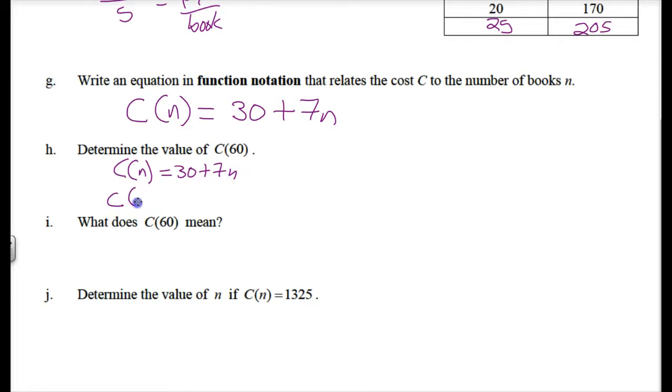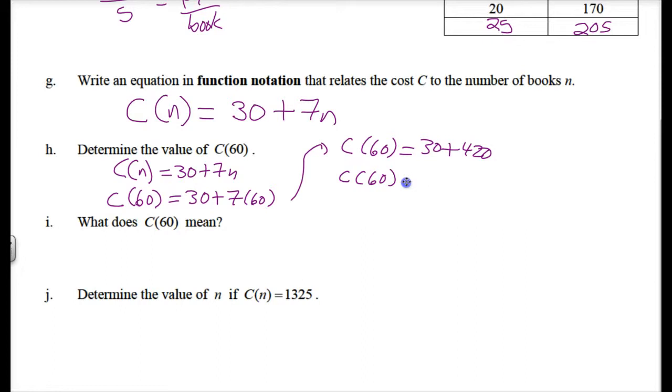It's a substitution, so wherever we see n, plus 7 times 60. Let's go over here: C of 60 is equal to 30 plus 420, so C of 60 is equal to 450. What does C of 60 mean? Well, this is the cost for a number of books. C of n is the cost of 60